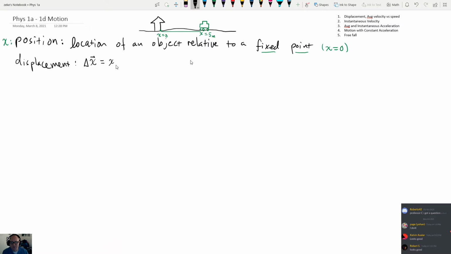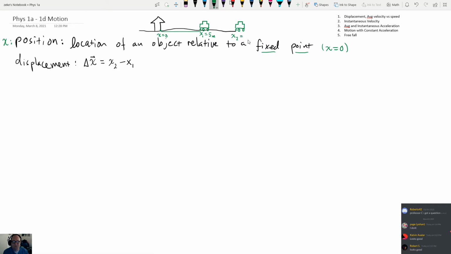So if an object moves from one position that we call x1 to another position that we call x2, then the displacement will just be x2 minus x1, all right? So in the case of this car up here, we could say, suppose the car starts right here at position x1, and then the whole car moves to a new location. Let's see if I can just copy and paste the car. If it moves to a new location, let's say right here, and maybe that new location has an x-coordinate x2